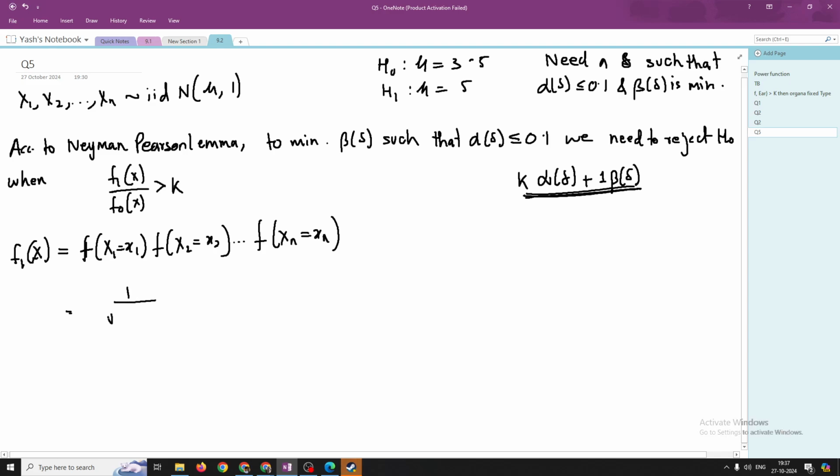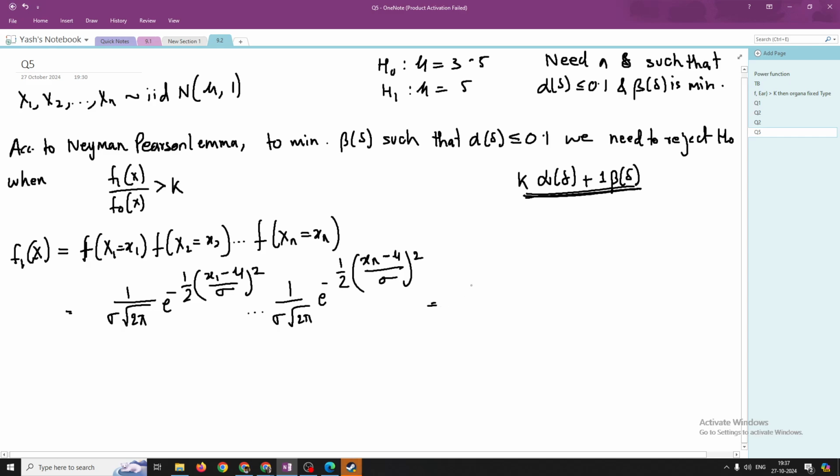So this is 1 by sigma root 2 pi e to the power minus half x1 minus mu by sigma squared. This is for all the n cases, right? And if you club things together, you get 1 by sigma 2 pi, and there is no need to actually write this sigma because we know that this sigma is 1. Since I have written it, e to the power minus half,